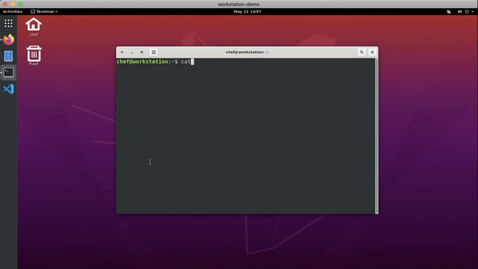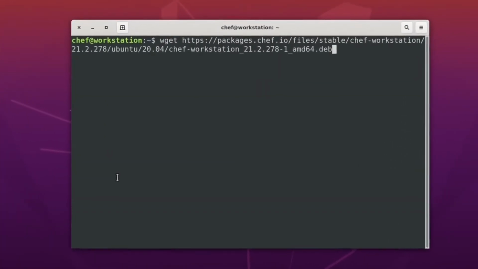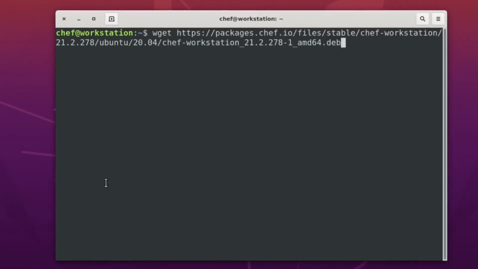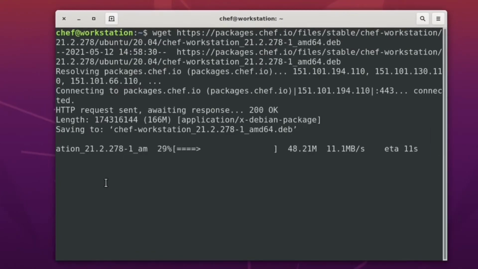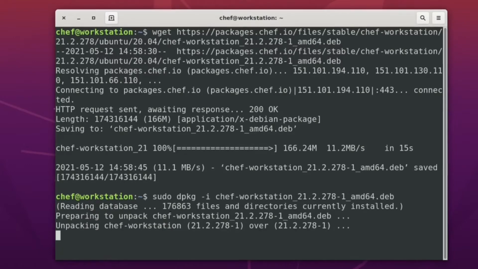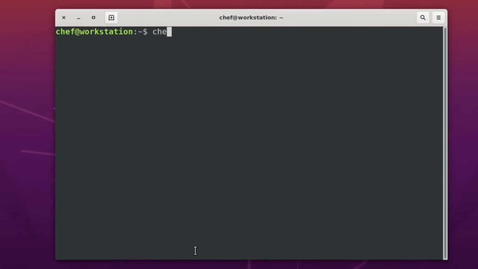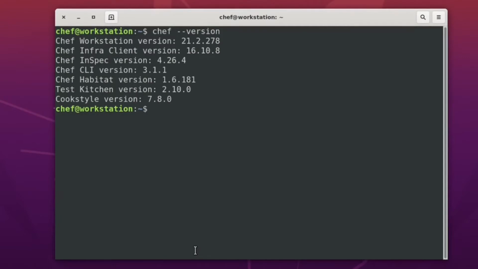In this example, my workstation is a simple Ubuntu 20.04 desktop, and my default user has sudo privileges. I start by downloading the latest Chef Workstation installer from Chef.io and using dpkg to install it. There are also installation packages for setting up Workstation on Windows and Mac workstations. After the installation, I run a simple chef version command to see the versions of all the tools that were